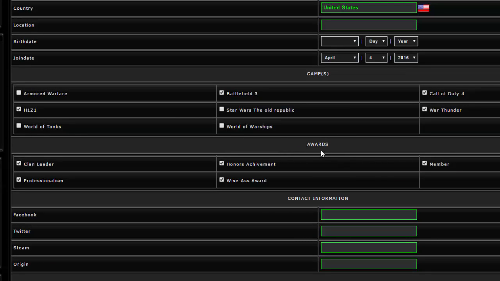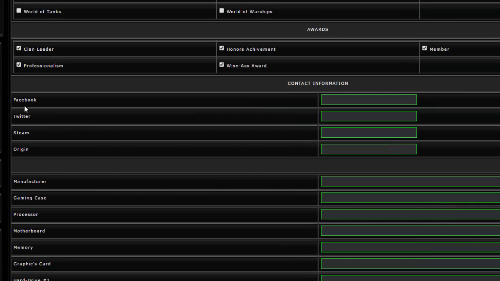But you have to assign the awards, but they can alter their games if they want to when they go edit their profile. Facebook, Twitter, Steam, Origin, I would leave this to them, but you do have to let them know that if they are going to do Steam, they're going to need to enter in their Steam base 64 ID number. And to get that is